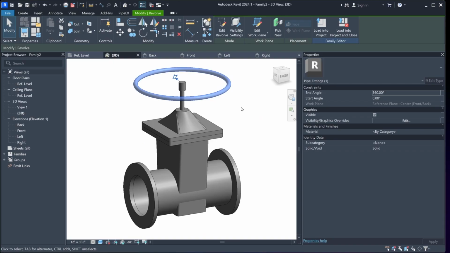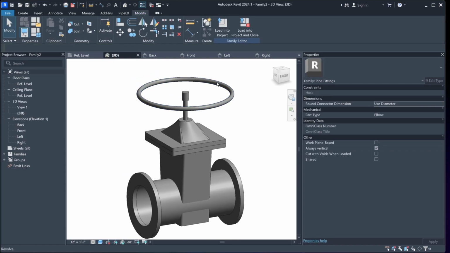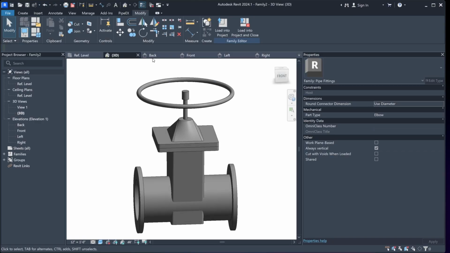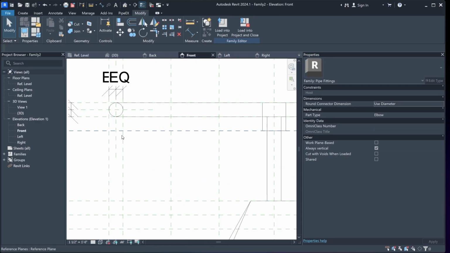Let's see the result. Yes, it looks good. The only thing I forgot to do is, of course,